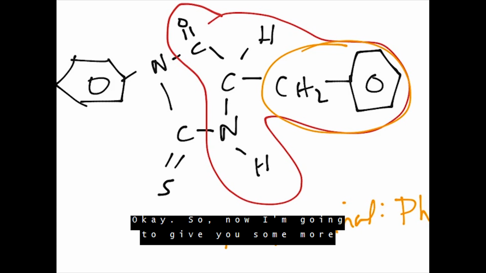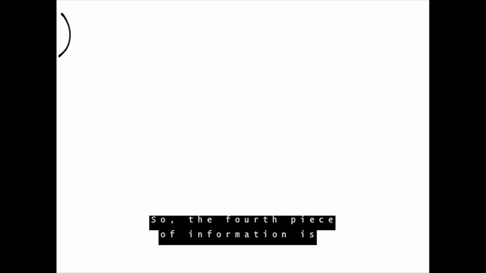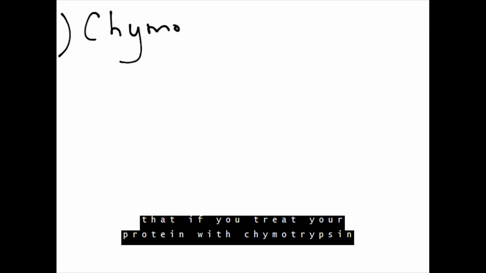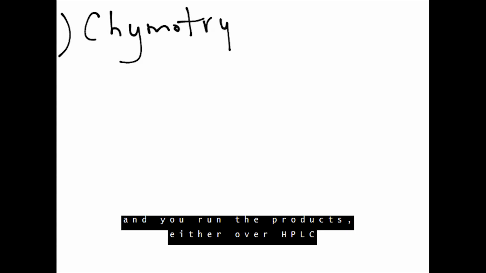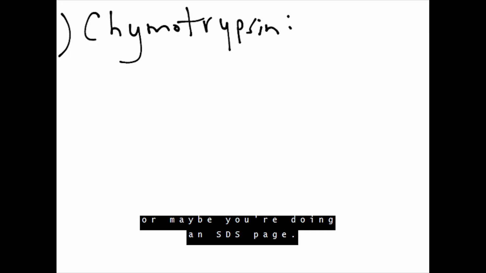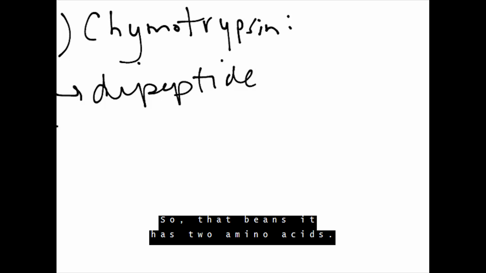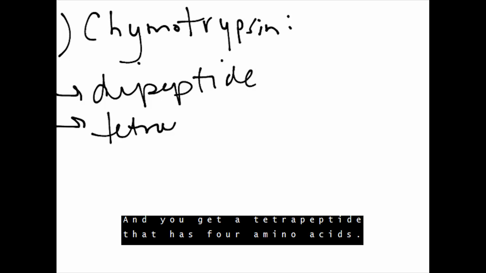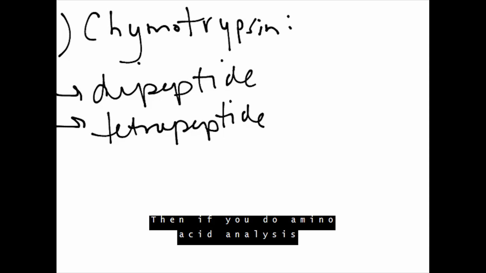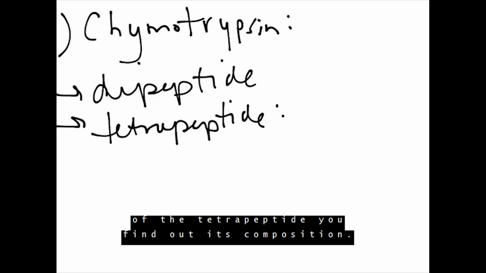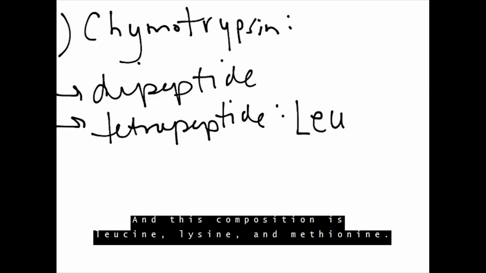Okay, so now I'm going to give you some more protease experiments. So the fourth piece of information is that if you treat your protein with chymotrypsin and you run the products either over HPLC or maybe you do an SDS-PAGE, you get a dipeptide, so that means it has 2 amino acids, and you get a tetrapeptide that has 4 amino acids. Then, if you do amino acid analysis of the tetrapeptide, you find out its composition. And its composition is leucine,